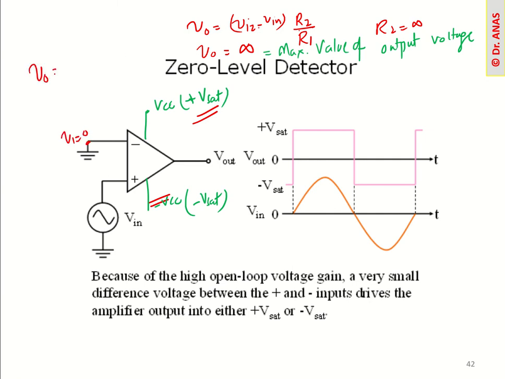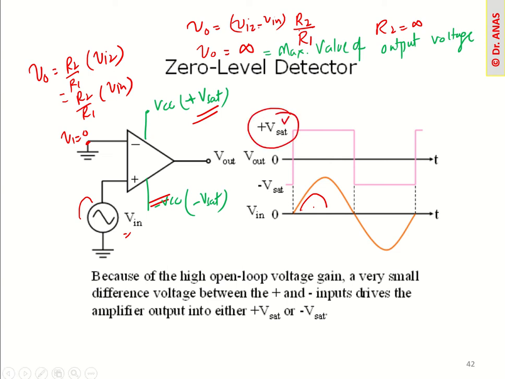So basically output voltage is gain multiplied with the input, which is here. Okay, R2 maximum gain multiplied with this input. Now if we have the positive value of the input, then we will get the maximum gain, which will be positive in that case. Okay, maximum the saturation value. For example, let's say if this is 15, this could be 13 volts, so we will get the 13 volt. Okay, and if we get the negative value here, then we will get the minus 13 volt, minus V saturation.